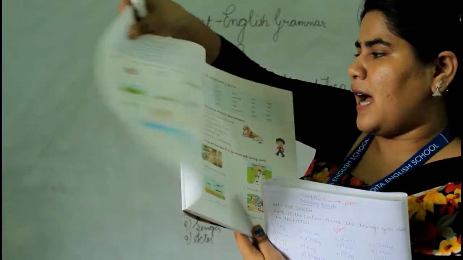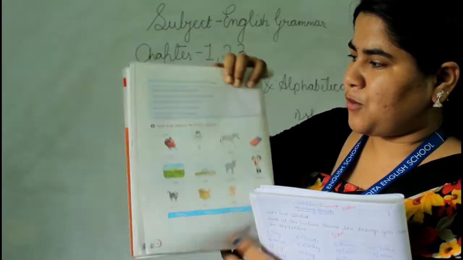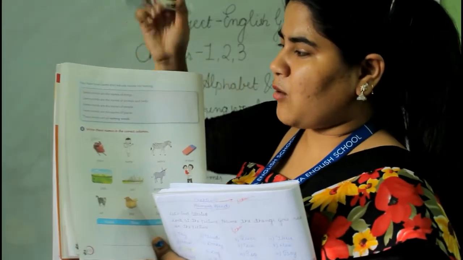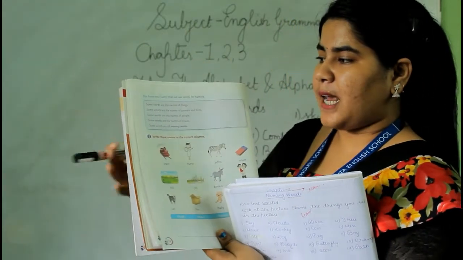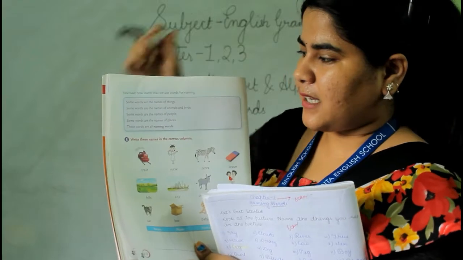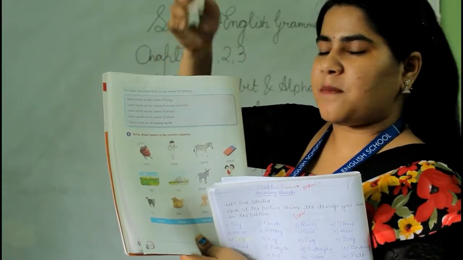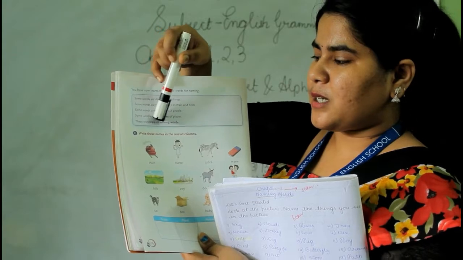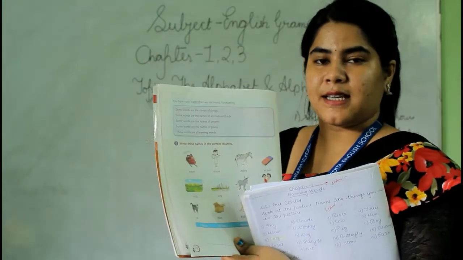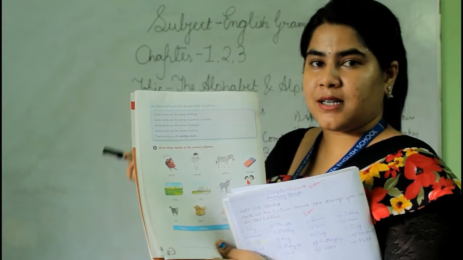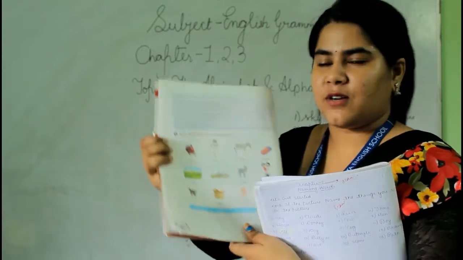Okay. So now in this page, what you will get? You have now learned that we use words for naming, है ना? Some words are the names of things. Some words are the names of people. Some words are the names of places. These words are all naming words. Yes, we have learned the name of things, places, animals, birds. These all are naming words, okay?